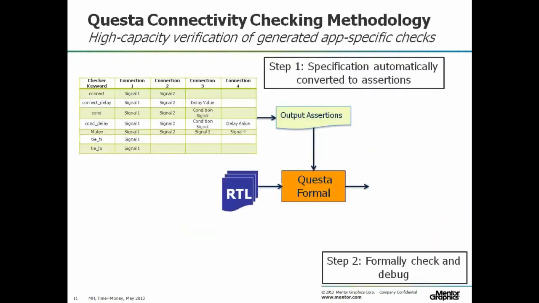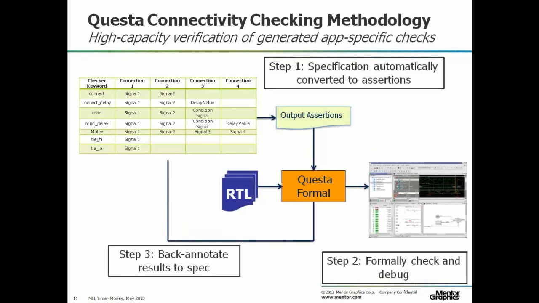Connectivity checking has been mentioned a couple of times already today. Here's our take on it. So we have some specification defined. This is typically in a spreadsheet or some kind of paper document. And it will describe how the blocks in your chip are being put together, how the IPs are wired together, for example. And it's very easy to just translate that into a set of properties, and then you can apply